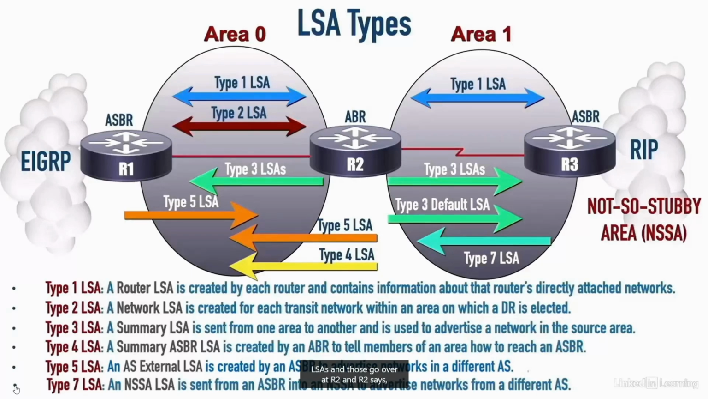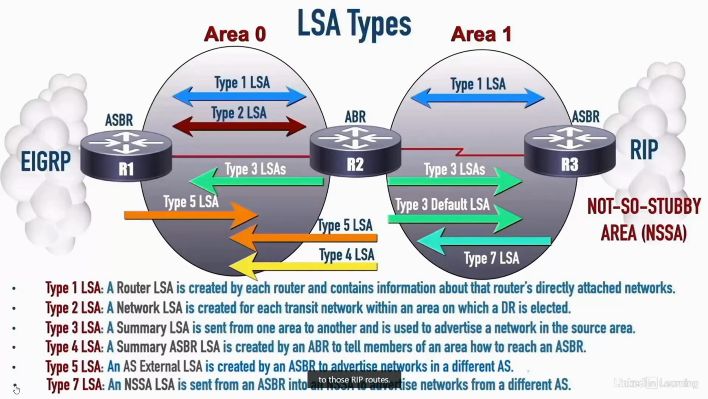And those go over to R2, and R2 says, yeah, I see what you're doing. These are networks in another autonomous system. They should be advertised with type 5 LSAs. So R2, as it takes those RIP networks and sends them into Area 0, says, I'm going to take those individual type 7 LSAs and send them into Area 0 as type 5 LSAs like they should have been to begin with. And of course, we have to send information about how to reach R3, the autonomous system boundary router. We have to send that into Area 0, so routers like R1